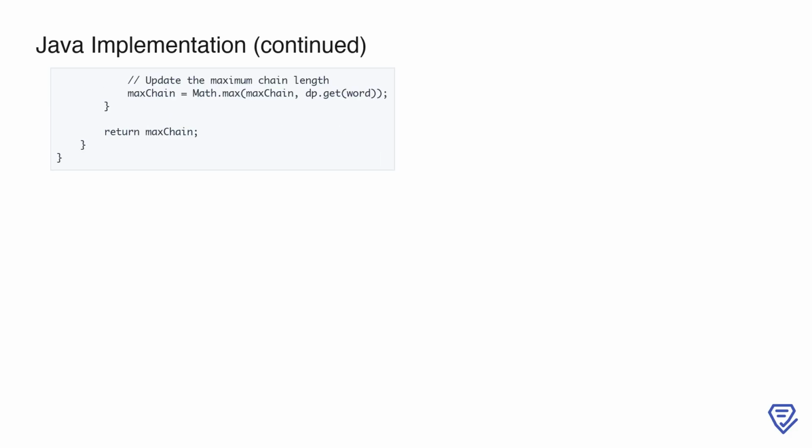After processing all possible predecessors for a word, we update the maxChain variable to ensure it reflects the longest chain length seen so far. This step ensures that maxChain always holds the result we are looking for as we iterate through the words. Finally, once all words have been processed, the function returns maxChain as the result, representing the length of the longest string chain that can be formed. This implementation efficiently builds chains by leveraging dynamic programming and sorting, ensuring that we only process valid predecessors and update